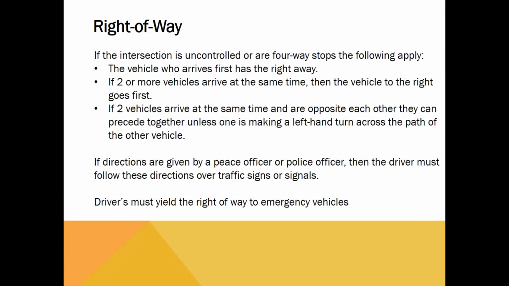So as the video mentioned, a vehicle who arrives first typically has the right of way. You would give them courtesy that they were there sooner so that they would just go through the intersection before you after you've come to a complete stop, and then it would be your turn after that. And that would go in order of sequence too. If you have an intersection where there's a lot of vehicles coming from every single direction, then you take turns. Whoever was there gets to go next, and then another vehicle pulls up and then he gets to go next. So it's kind of like taking turns through that intersection and having the courtesy to pay attention to